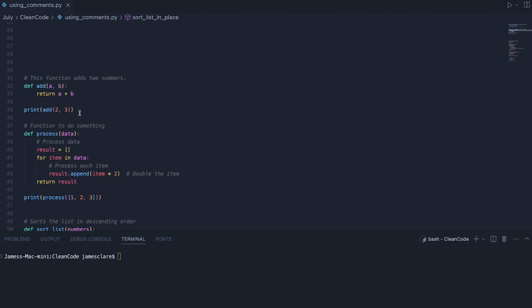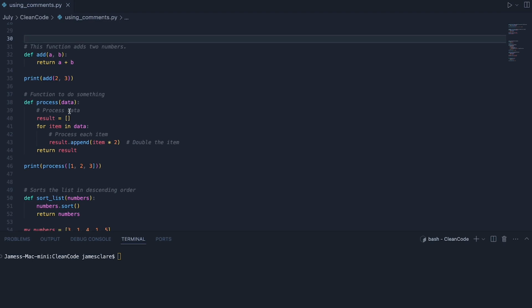Now, for some bad examples, let's start off with this one. A function that is really obvious like this, a b, return a plus b, really doesn't need a comment. I guess the tricky thing here is knowing what level of difficulty requires a comment. I think that's different for everyone, but when something is this obvious, it's probably not needed unless you're literally in your first couple of weeks or months of programming.